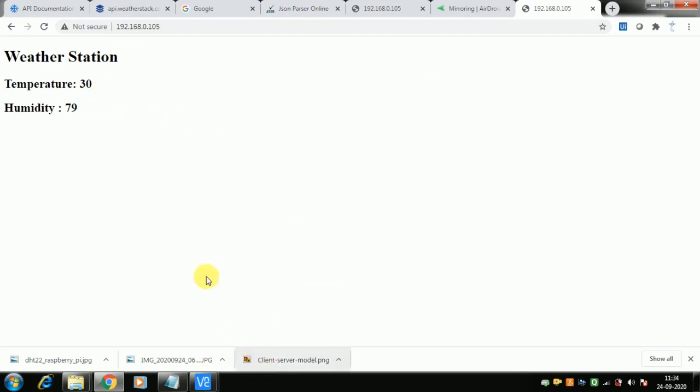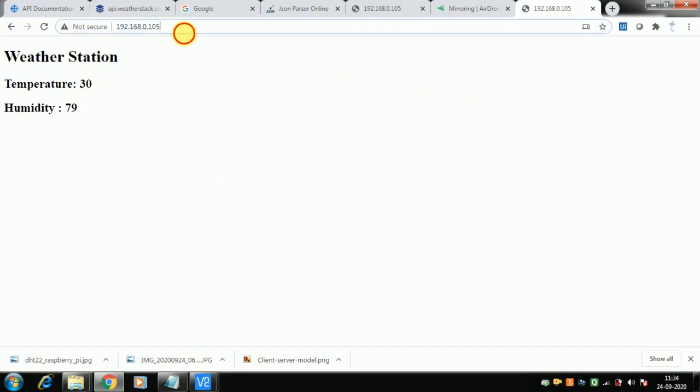Okay, and if we refresh, we get some other value, because if the value changes there, the value will change here. We can automate this browser to self refresh every 15 seconds, so we can have fresh data every 15 seconds. So that is how our server is now working, so we can access our server from outside.